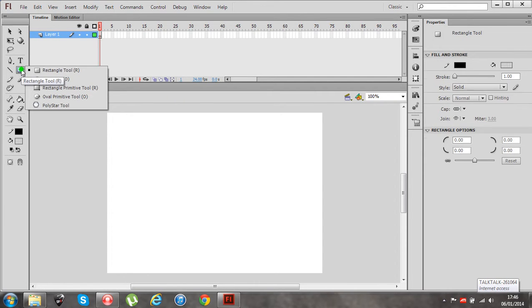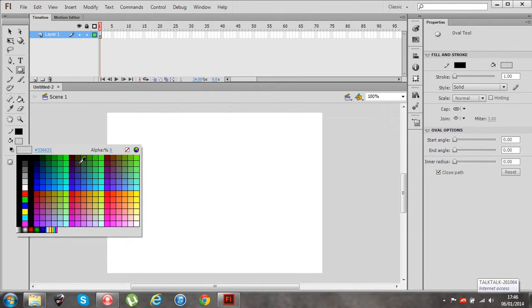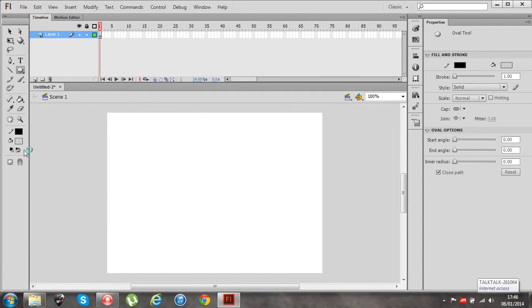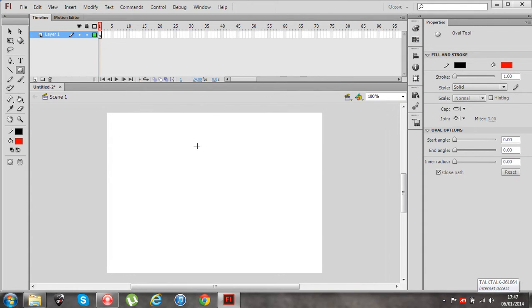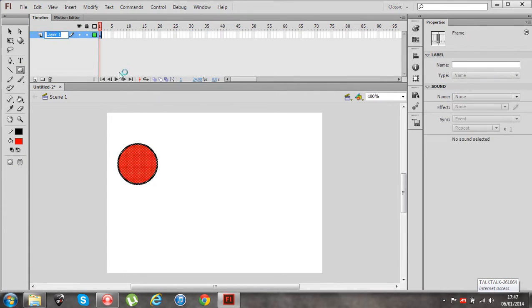So to begin with, I'm going to create a circle which I will fill a colour. At the moment my alpha is right down at 0, so if I pull that back up again, you'll see that I've got the colour red. I'm going to hold down Shift and draw a circle, and this is what I'm going to be looking to animate. So what we'll do is I'll just name this circle and